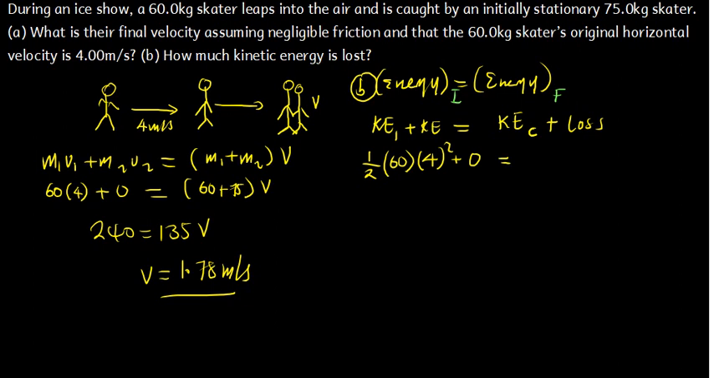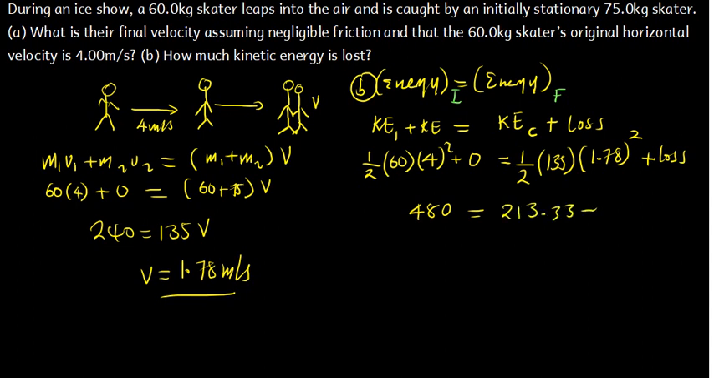But after they started moving, it will be half. Their combined mass is 60 plus 75, which is 135. And then the velocity at which they were moving is 1.78 squared, and then plus that loss. So this will be half multiplied by 60 multiplied by 4 squared, which is 480. And this should be equal to half multiplied by 135 multiplied by 1.78 squared. That is about